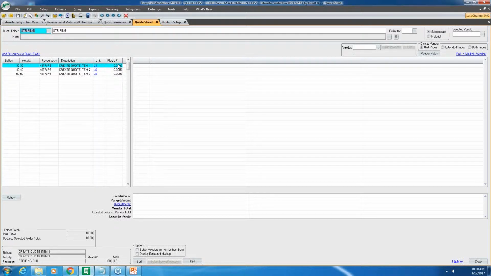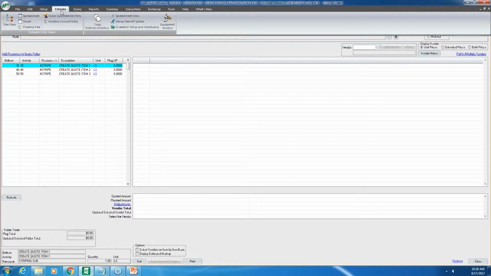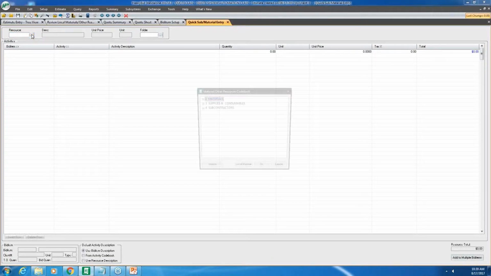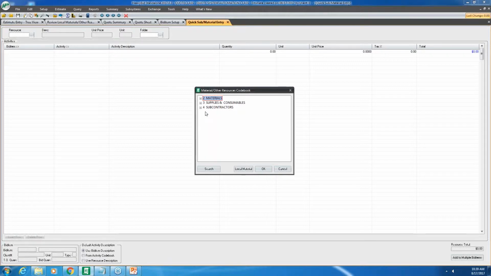Moving on to the third option is using the quick sub material entry. To move into the quick sub material entry, you're just going to click on your estimate tab, and then the first option you have below it is quick sub material entry. We're going to click on it, and we're going to select any resource from our codebook, or we can click on the local material,